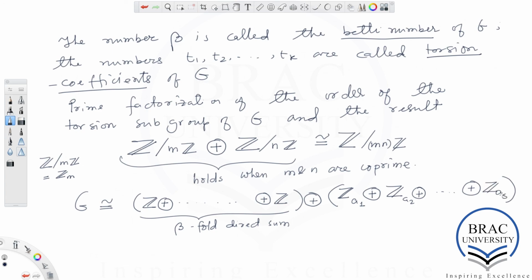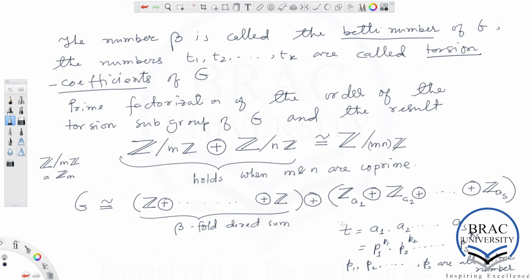If the order of the torsion group is t, then we write t as a1 times a2 all the way up to as, where a1 is some prime p1 raised to k1, a2 is p2 raised to k2, all the way up to ps raised to ks, where p1, p2, ps are all prime numbers.